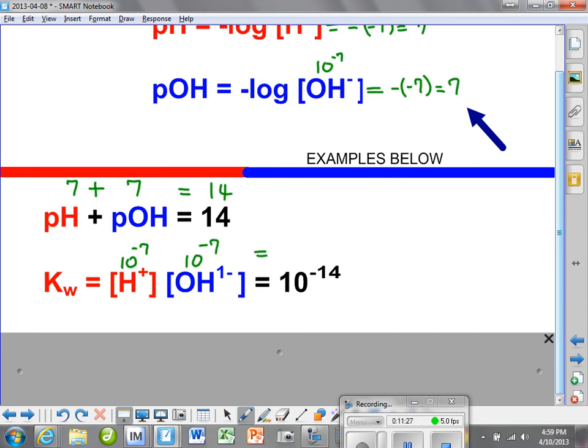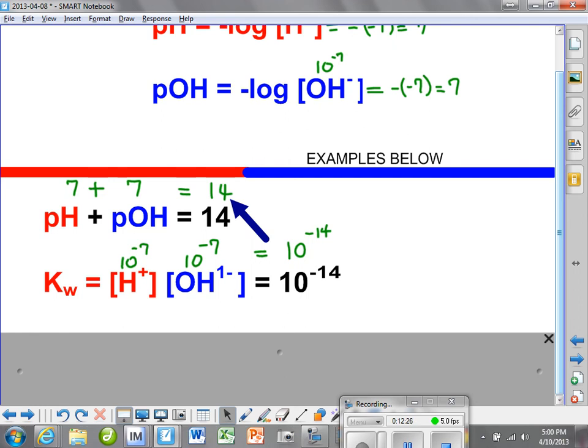And now this time is very interesting, because when we multiply powers of 10, we add them. And so we get 10 to the minus 14. Isn't that interesting? 14 here, which is a negative number, and 14 here, which is a positive number. Now, why is this negative? Because these are the concentrations of hydrogen ion and hydroxide ions. And when we add minus 7 to minus 7, we get minus 14. Notice this 14 value keeps showing up here. Okay, here, because the pH and the POH were both 7, they added up to 14, and we had a